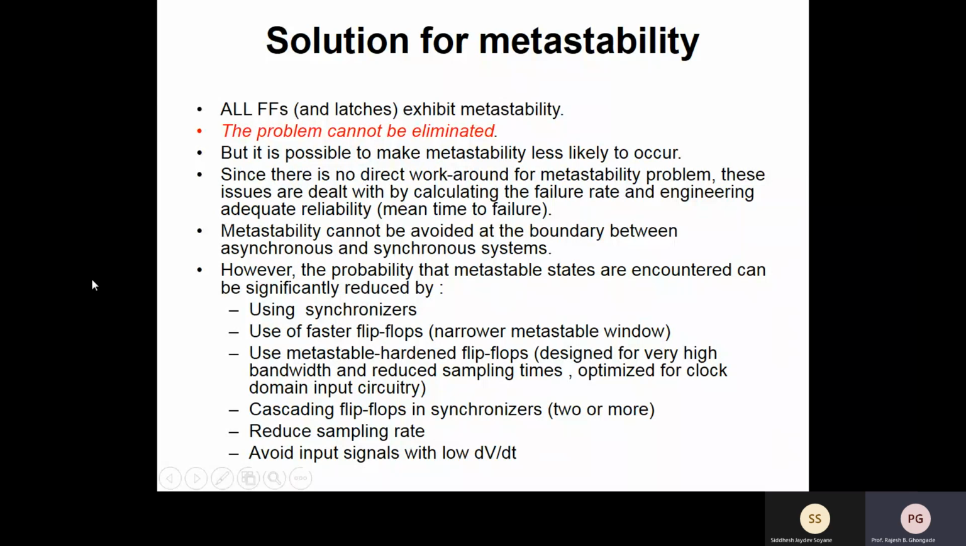Okay, as I said, the metastability cannot be avoided at the boundaries between the asynchronous and the synchronous systems. However, the probability that these states are encountered can be significantly reduced by the use of what are called synchronizers or the use of faster flip-flops. Obviously, faster flip-flops will mean a narrower metastable window. Or you can use something called metastable hardened flip-flops. Now these are designed for very high bandwidth and reduced sampling times and optimized for